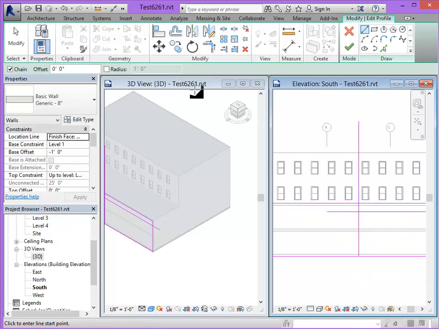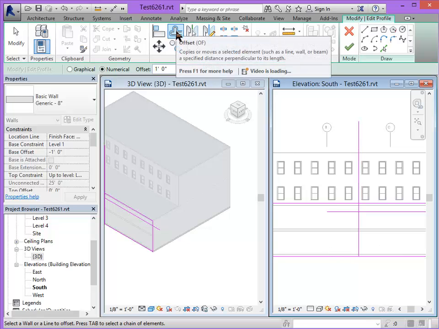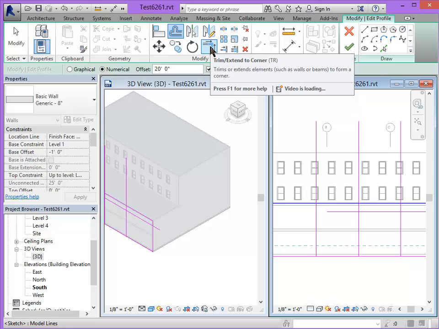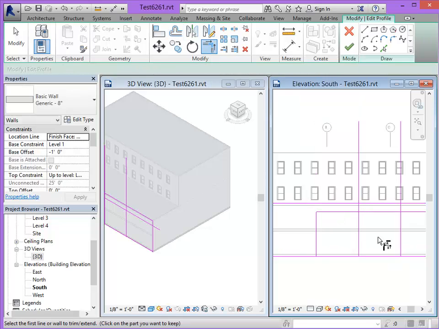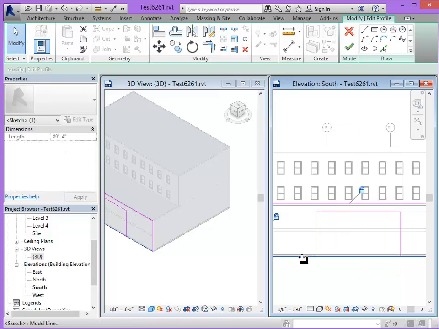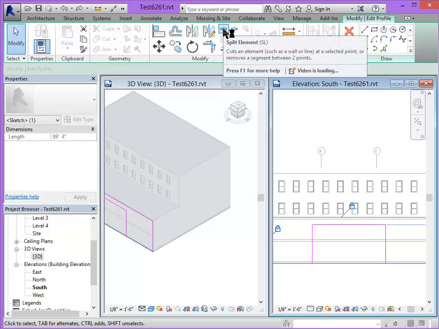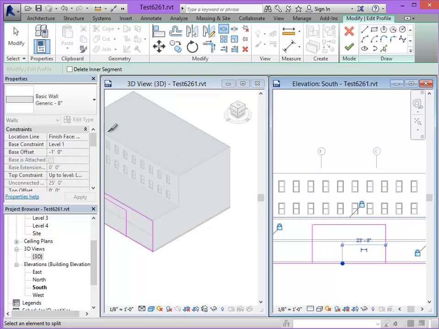And then I would like to offset 20 feet to each side of the center. So using my offset command, offset 20 feet, copy, sure, 20 feet this way, 20 feet this way, and then I'm going to use my trim command. I can delete the line that I created in the center. I want to split this bottom element into two pieces so that I can trim the two edges and make one continuous profile. I'm going to go up here and use my split element command, click on that line once,